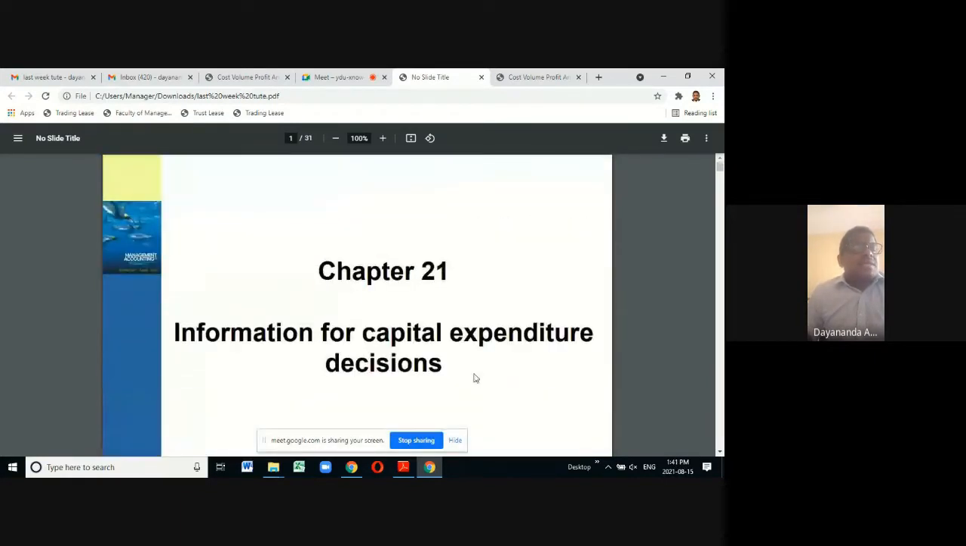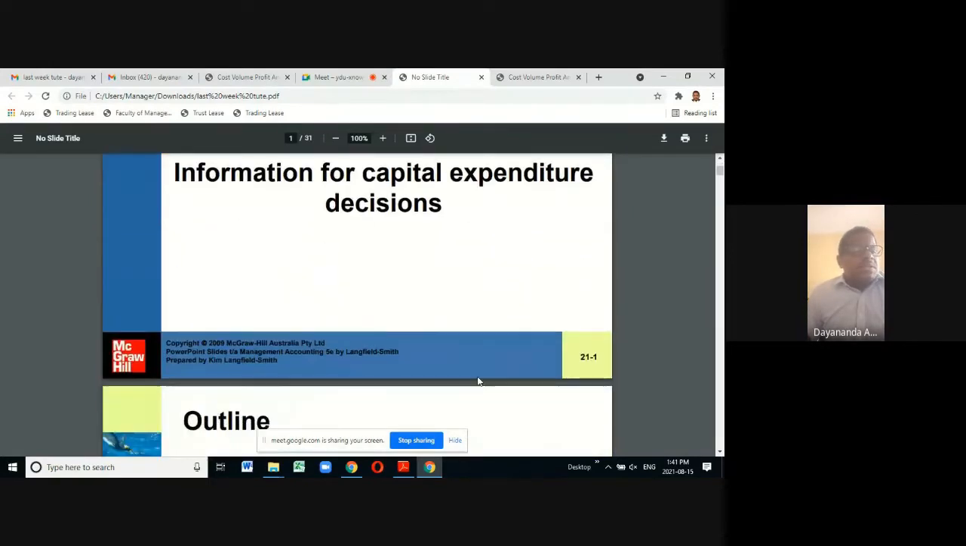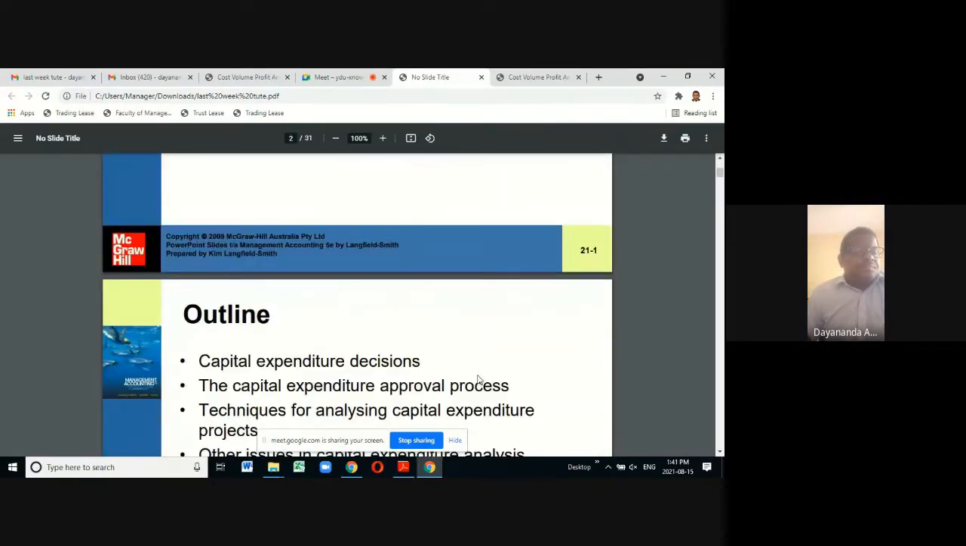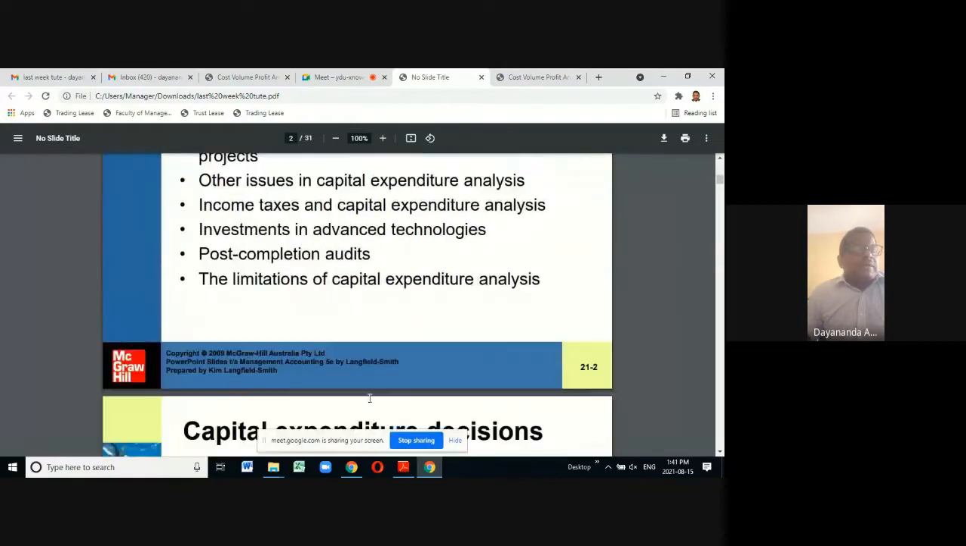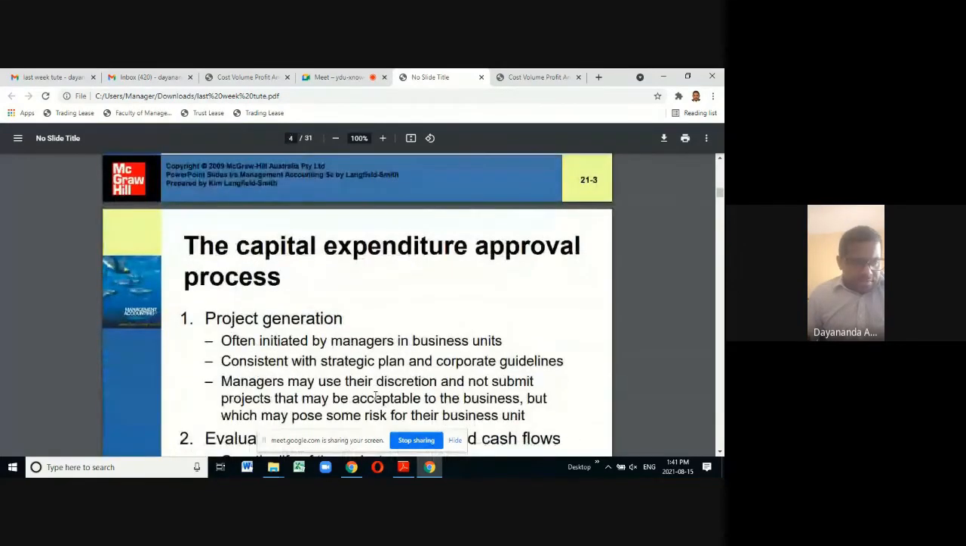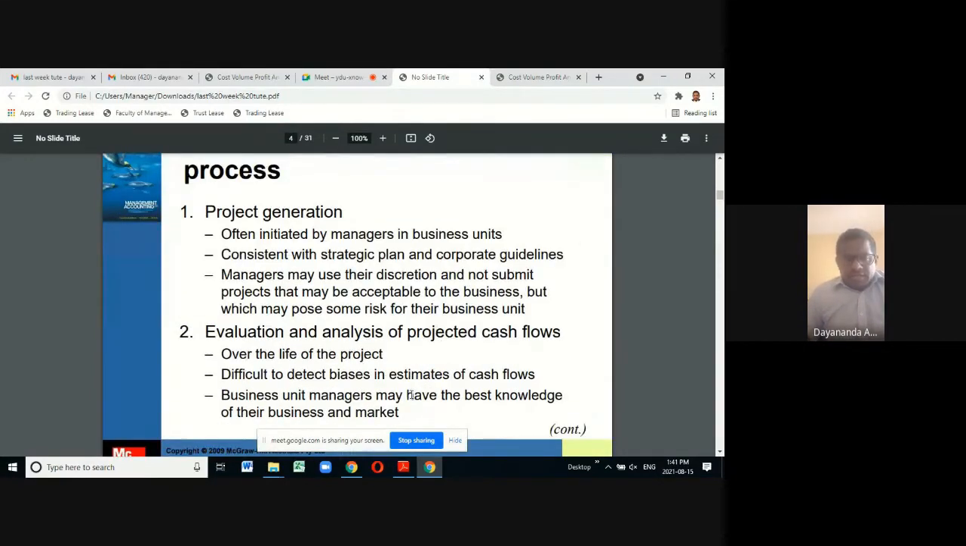Last week we discussed information for capital budgeting. Today what we are going to do is discuss the balance part of the chapter. We discussed the meaning of capital budgeting and the capital budgeting process, and also the difference between independent and dependent projects,